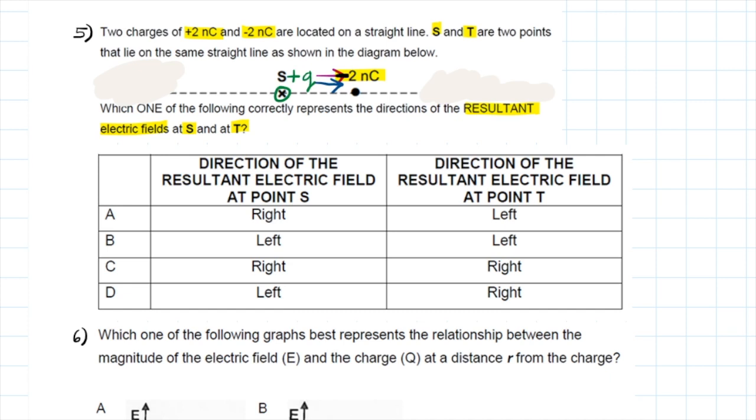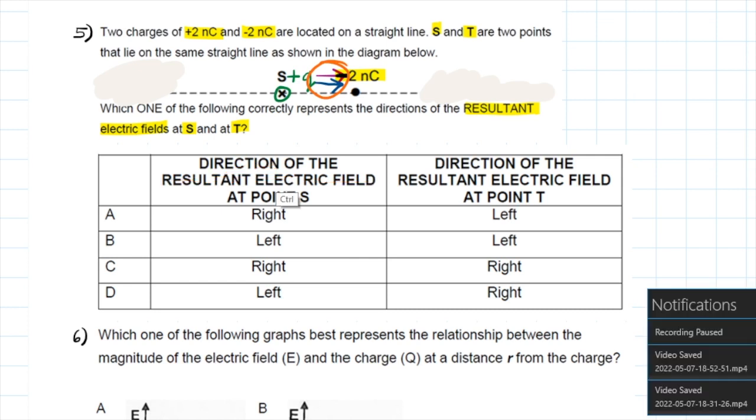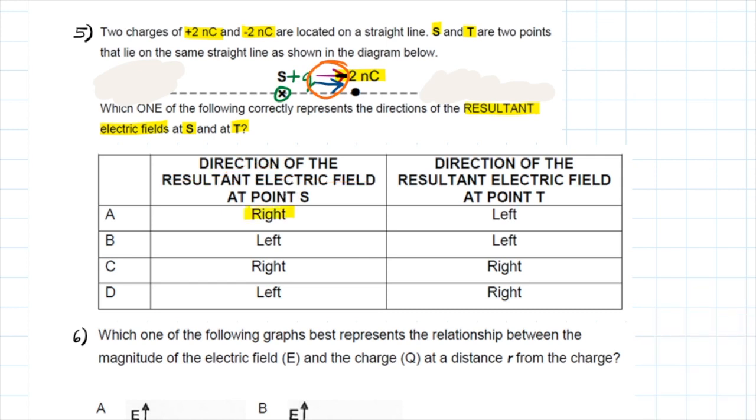Since both of the electric fields point towards the right, the direction of the resultant electric field at point S is going to be towards the right. So therefore, we know that the answer over here is either going to be A or it's going to be